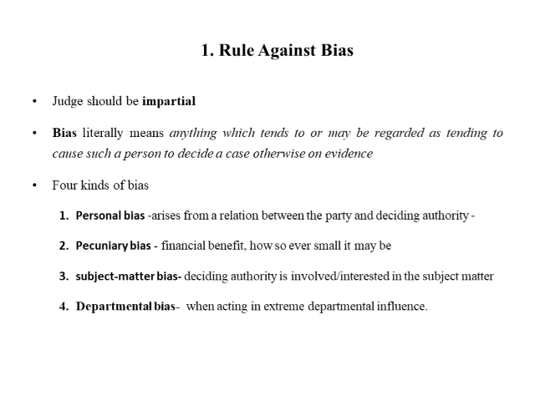The third kind of bias is subject matter bias. This kind of bias arises where the judge or deciding authority is interested in the subject matter of the litigation. If the deciding authority is interested in the subject matter, then he may not be impartial. There may arise a conflict between his duty and the interest in the subject matter. For example,